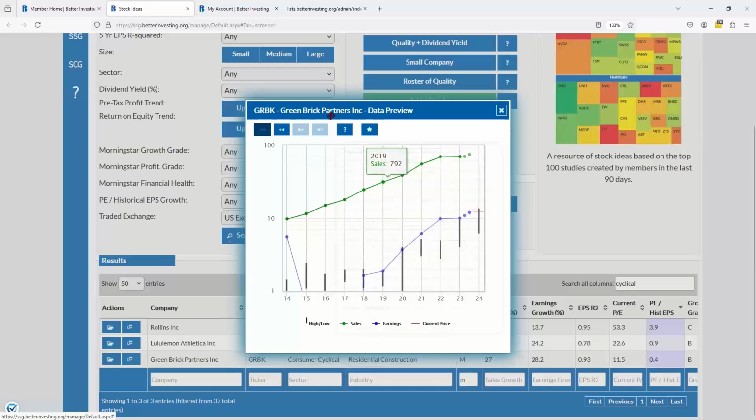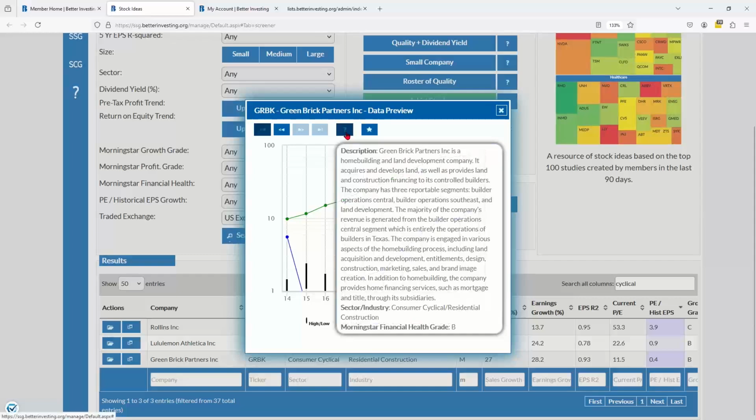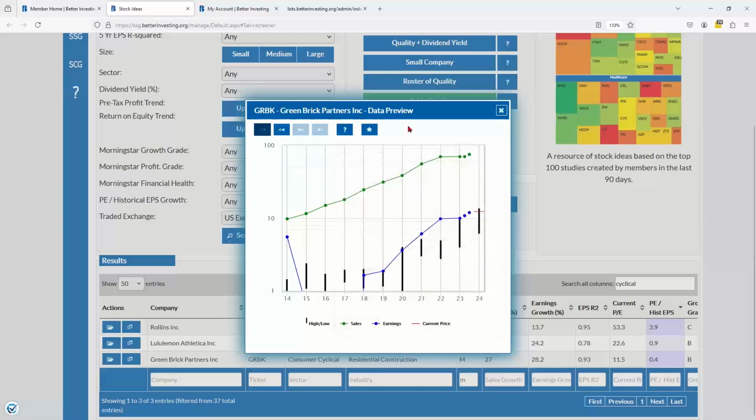Now, if you don't know the company that you're looking at, but it looks intriguing, you can click on the question mark icon, which will give you the full Morningstar description of the company, the sector and industry that are down below, consumer cyclical and residential construction, and then that Morningstar financial health grade of B. If this company intrigues you, or one of the ones that you are previewing, you can